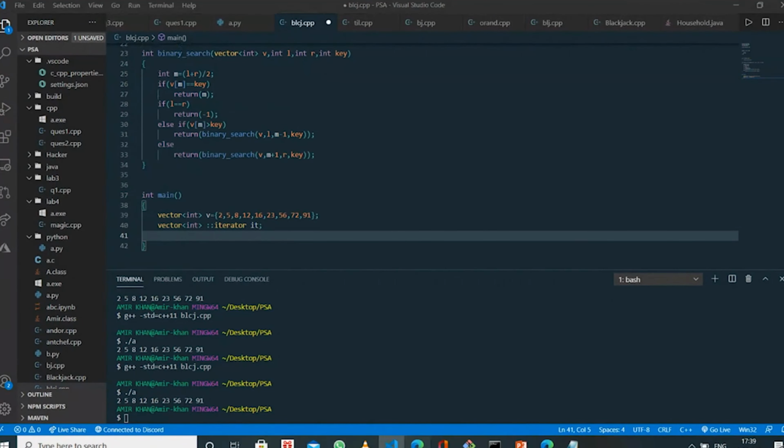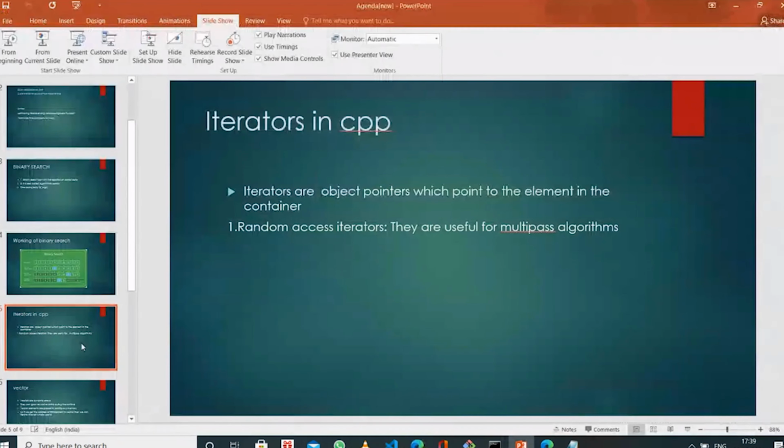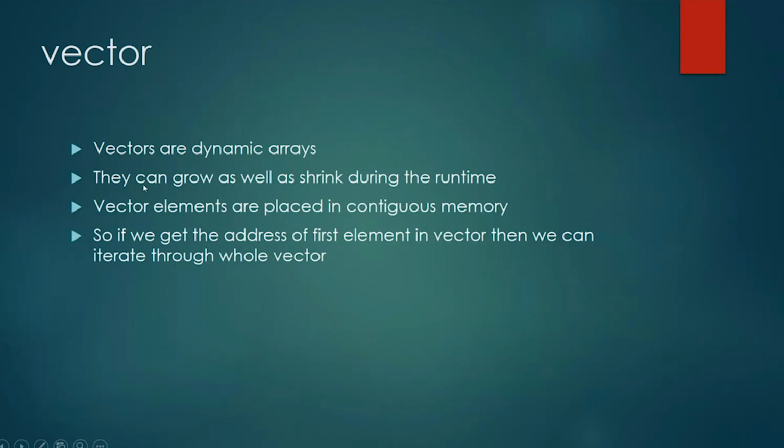So these are iterators. Now let's talk about vectors. Vectors are dynamic arrays, so their properties are the same as dynamic arrays.